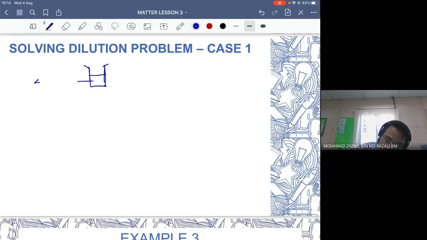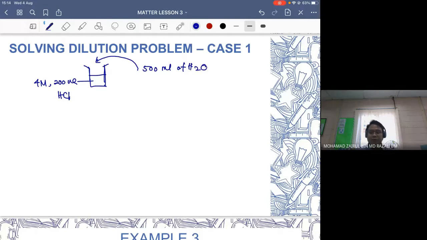Okay, saya ada 4 molar, 200 ml of HCl. Okay, 200 ml of HCl. And then saya tambah 500 ml of water. Okay, for this case, the number of mole remain the same, tapi solvent dia yang berubah. Okay, solvent yang berubah. Okay, so we know that from the formula for molarity, so molarity is equal